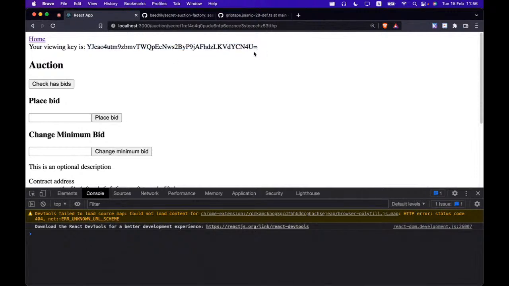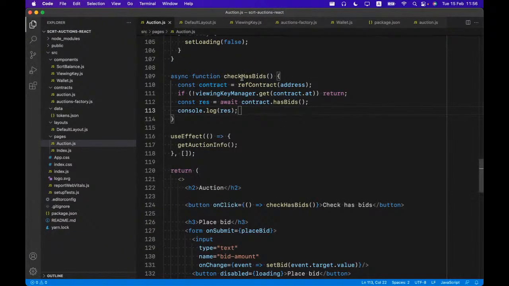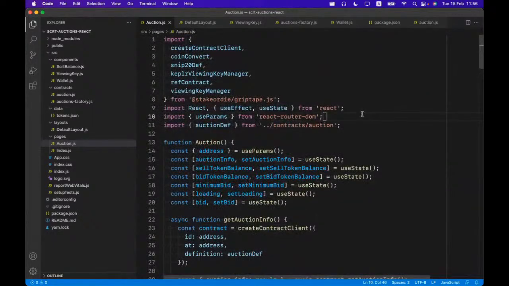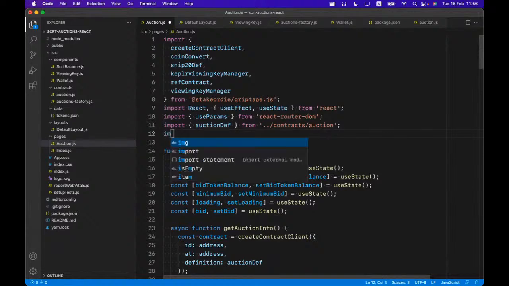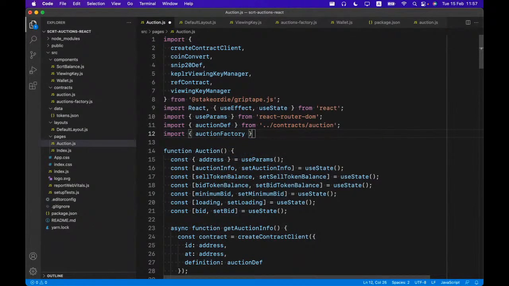Okay. So now that we can see our viewing key, now we can check if we have bids. I think this is not this contract. This is the auction, actually, auction factory. So I need to import it from